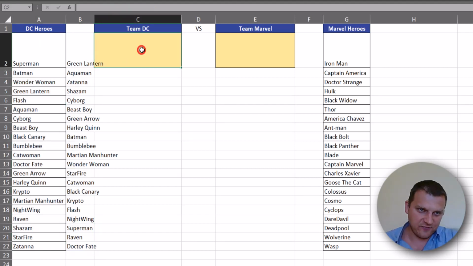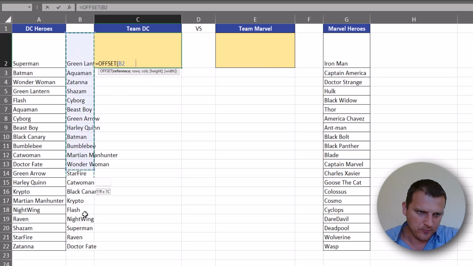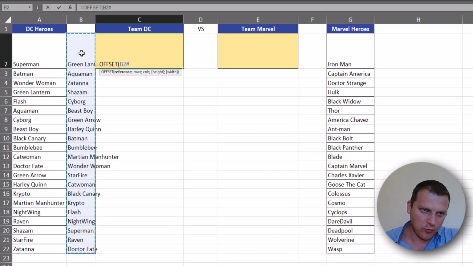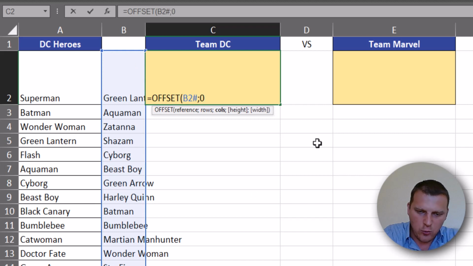Okay, so this is the first step, and then we have to choose 3 to 7 heroes from this list, and I will use the OFFSET function. So from this list B2#, so our whole formula. And now I don't want to move any rows, any columns, but I want a random height, and this